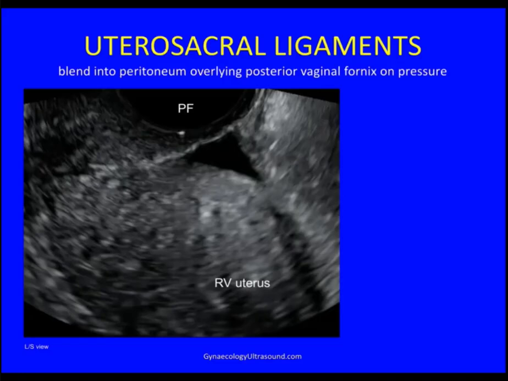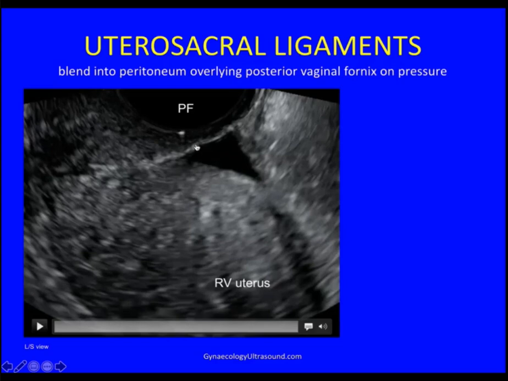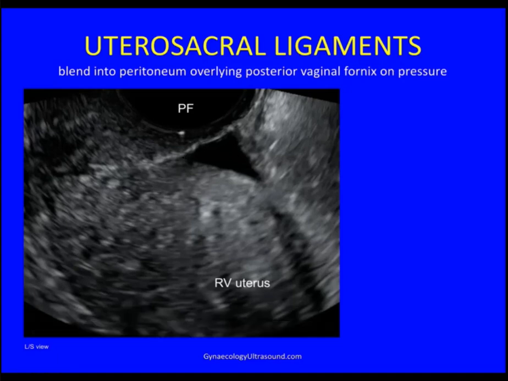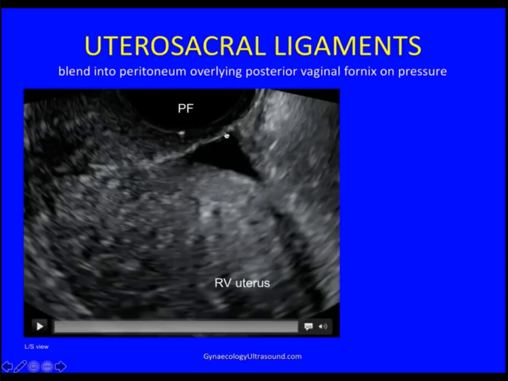That's one way of looking at the uterosacral ligaments, but what you find is that once you put your probe in the posterior fornix, the uterosacral ligament will blend in to this area here. So the dark line is vagina, this white line is pelvic peritoneum. We've got a little bit of free fluid, let's say from ovulation or something, and then in a moment you'll see the uterosacral ligament appear as I'm in the longitudinal plane and I've gone to one side slightly, and then when I press slightly harder in the posterior fornix, that uterosacral ligament will blend in with this, and that's important